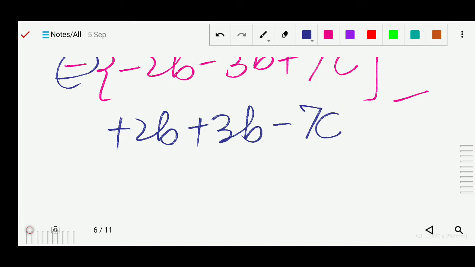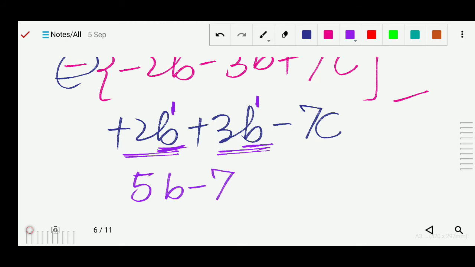Now we have removed all the grouping symbols. Now for similar terms, you can see the same variables are there, so we can add the b's. You know that the same variables you can add and subtract, the same type of variable. Here is b and here is also b, the same variable. Also the same power is very important. Here is 1, here is also 1, so we can add. If it were b square, we could not add it. So b and b, 3 plus 2, 5b. Now minus 7c. So your answer is 5b minus 7c.